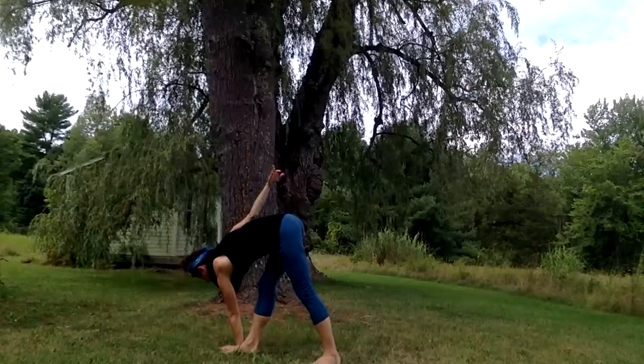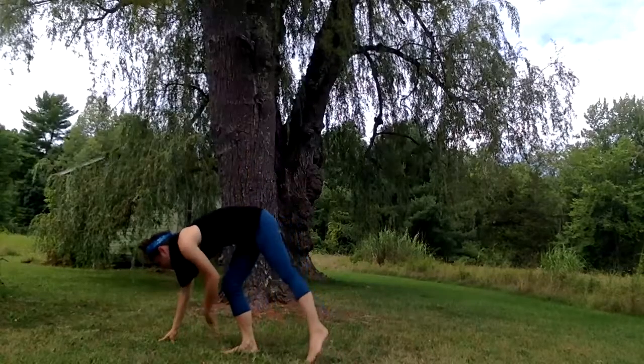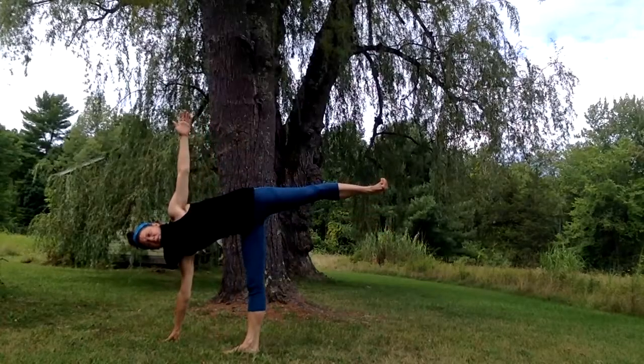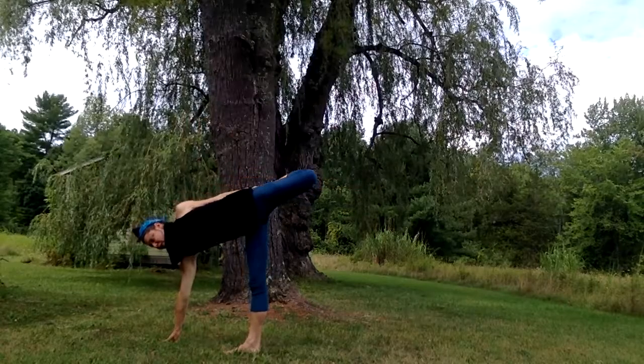Here's the last pose we'll do here, Ardha Chandrasana. Shift weight into your right foot and your right hand. Left leg comes and stacks on top of the right leg. The left arm could come up to the sky, or maybe there's another place that you want to put that hand. Hear your breath for 2,